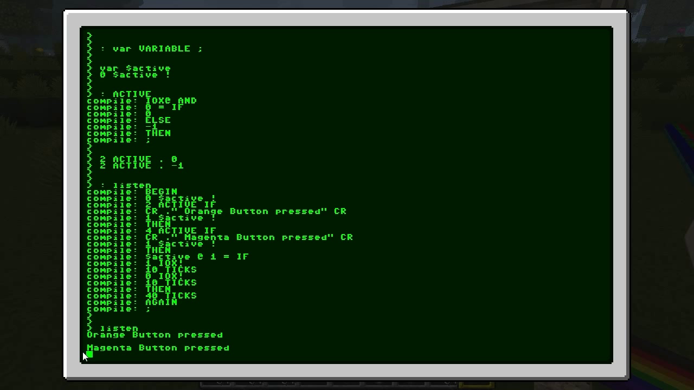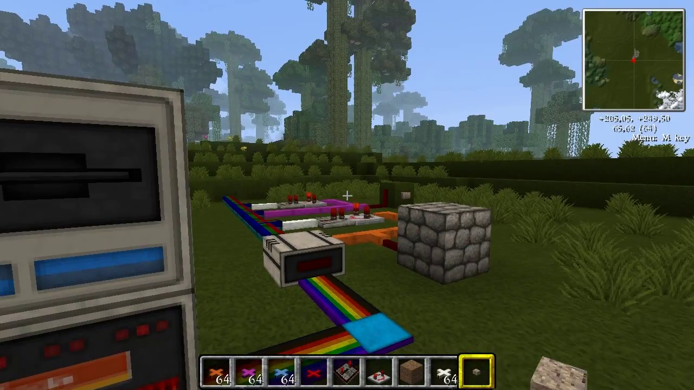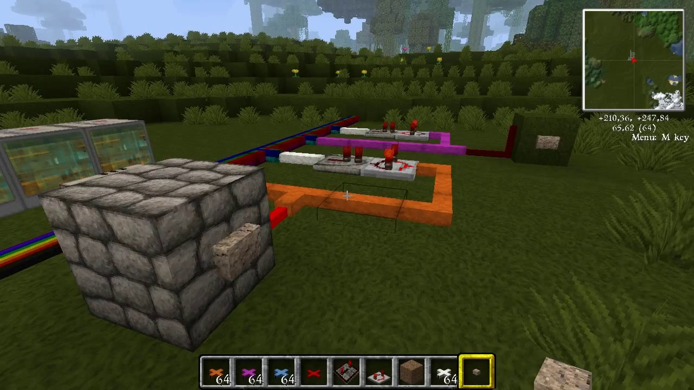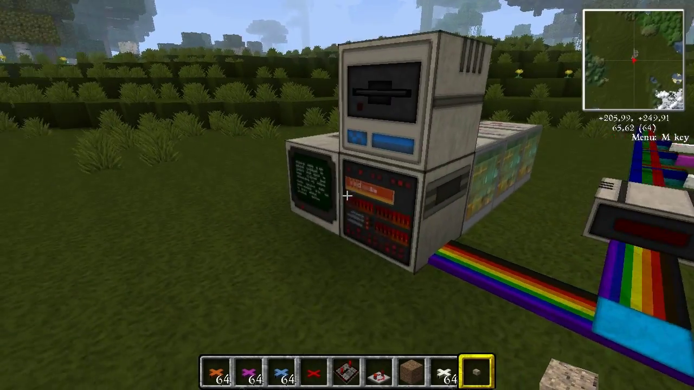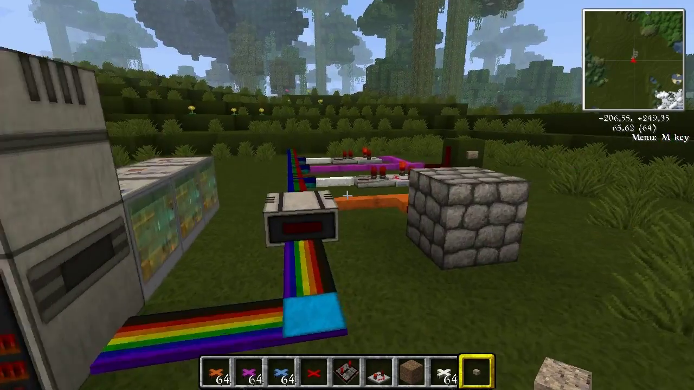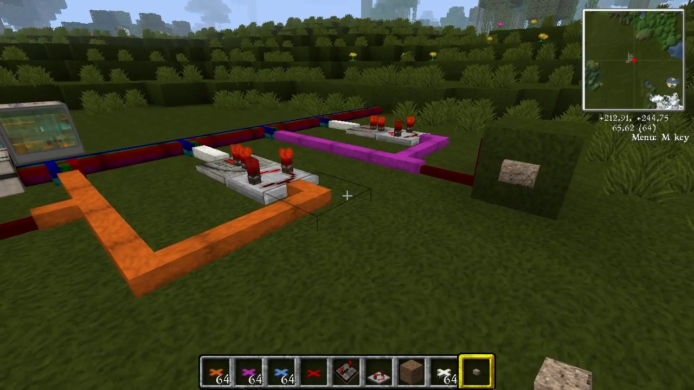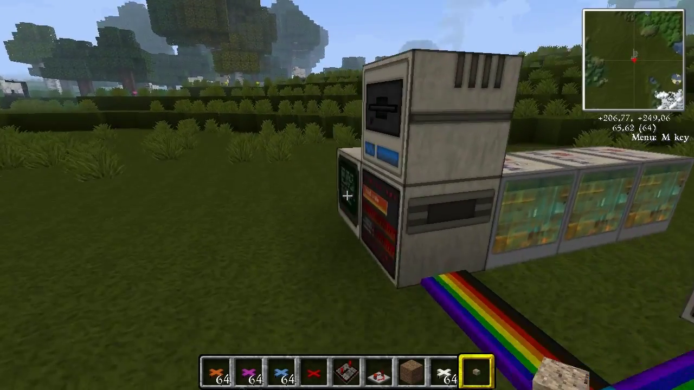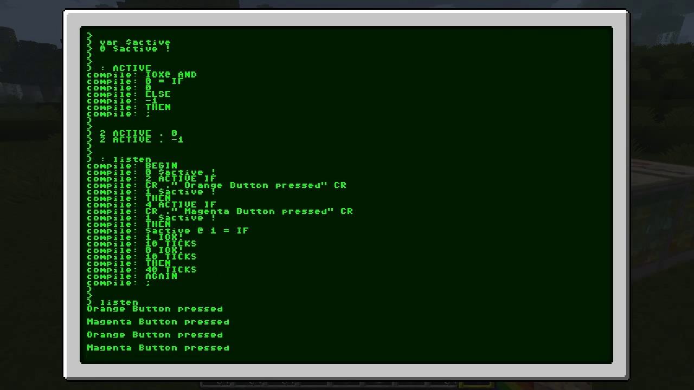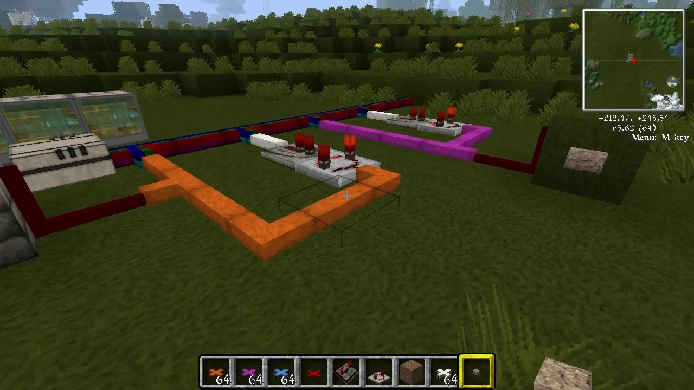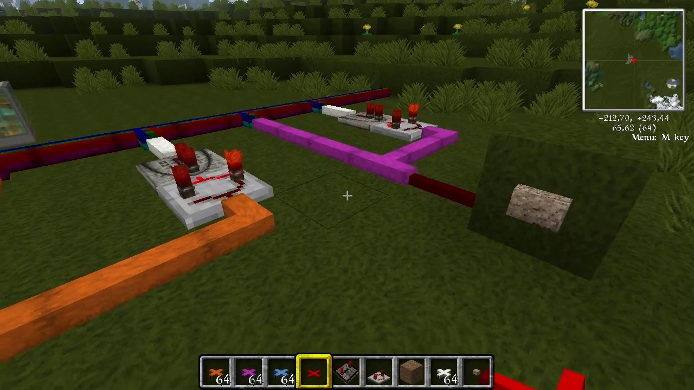Orange button was pressed and the magenta button was pressed because they were still active from before. If I press the orange button now, it resets the thing and it says the orange button has been pressed. If I press the magenta button, the thing resets and tells me the magenta button has been pressed. And if I am indeed a button spammer and manage to press both buttons at the same time,